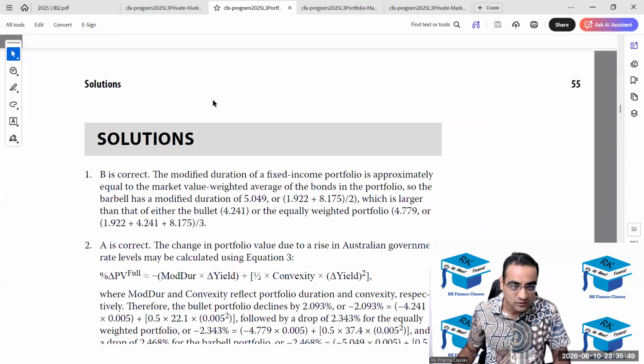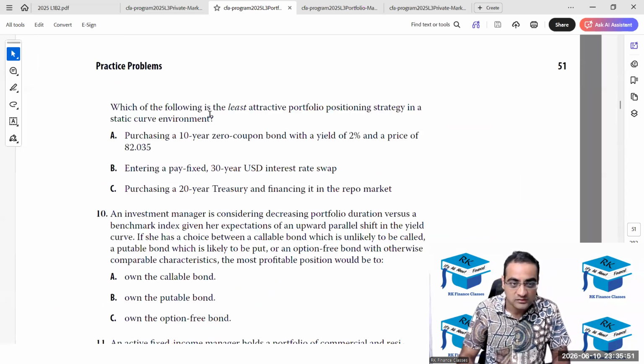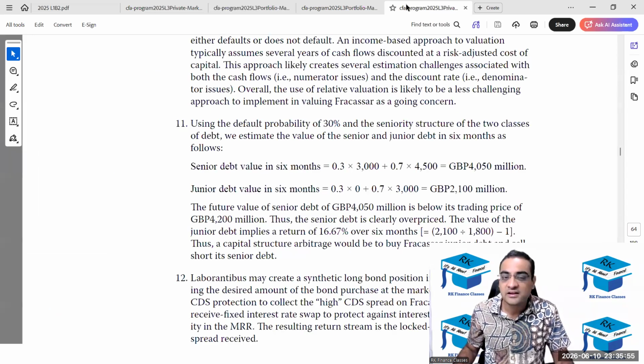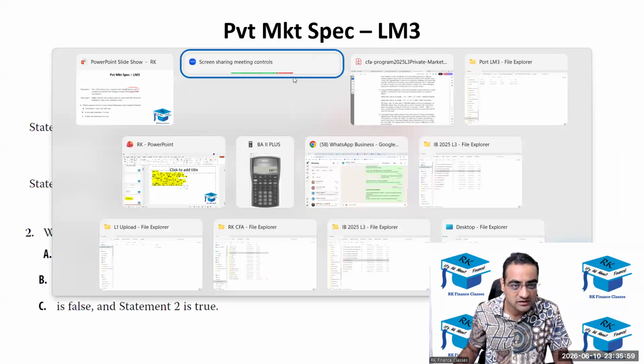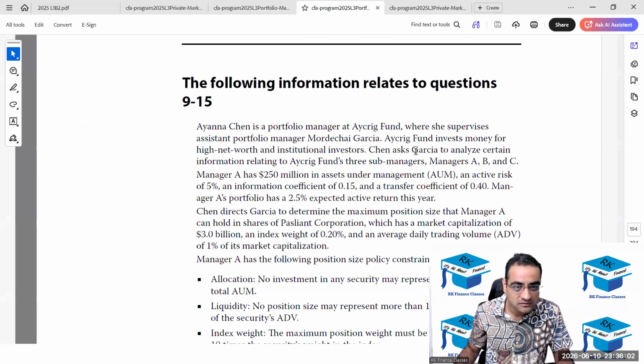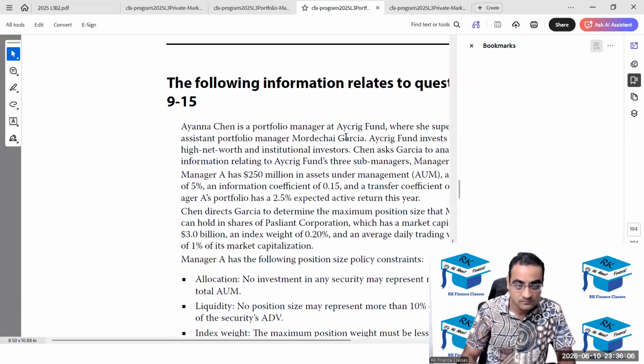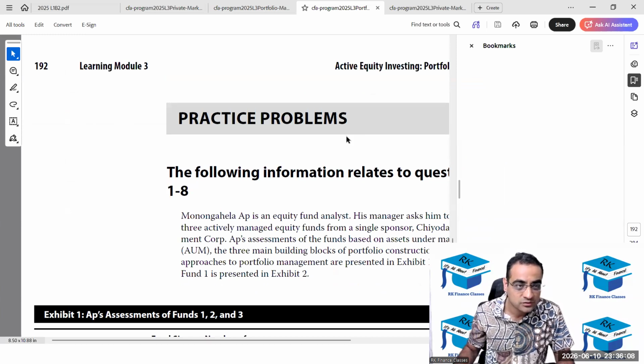If you guys have found that out, tell me where it is. Regarding illiquidity of private debt, illiquidity तो clear है, but इलिक्विडिटी वाला जो logic है, ये वाला question कौन सा है? LM3. ये तो ये वाला है, sorry.